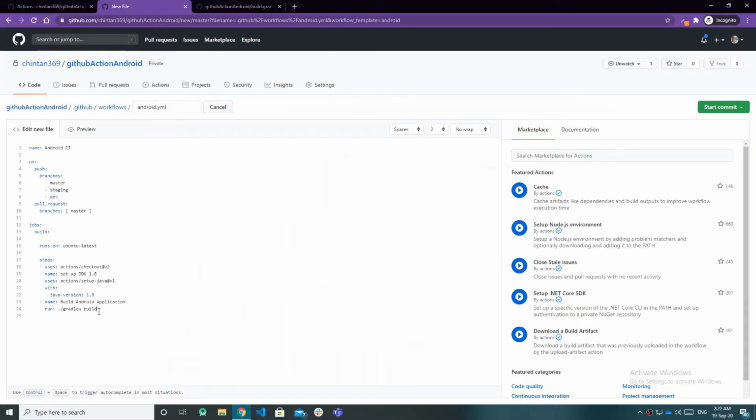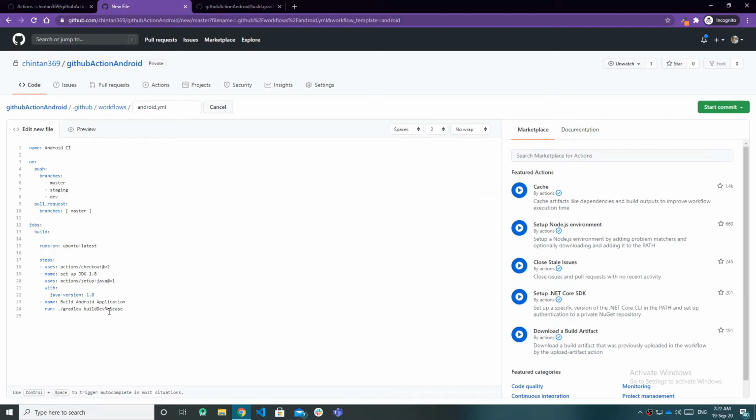So if I want to build only Dev flavor applications, I have to write here build Dev, and if I want to build Dev's debug flavor, I have to write build Dev debug. So it will generate a Dev flavor's debug package, debug application. If I want to make a release application, I provide here build Dev release.